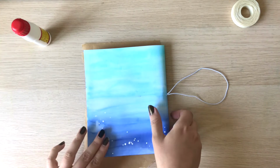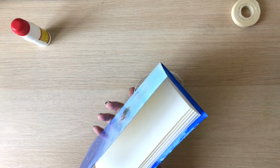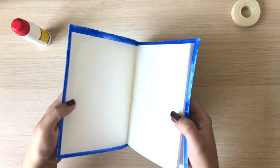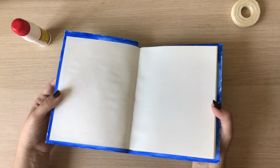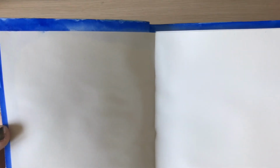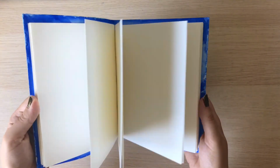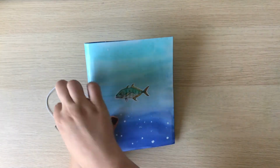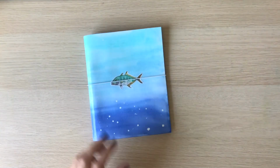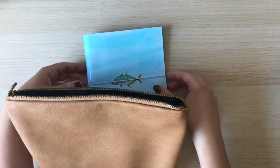And we are done. I love the way the sketchbook turned out. It looks so nice and it's just beautiful, and I really like this blue edge that I have in the sketchbook. It gives it a completely different look, and the paper, it feels very nice, and this little fish is so cute. So I'm so looking forward to spending hours by the beach just making some drawings and little paintings in this sketchbook. It will be part of the travel kit that I'm taking with me,